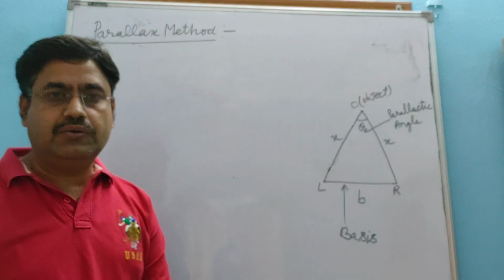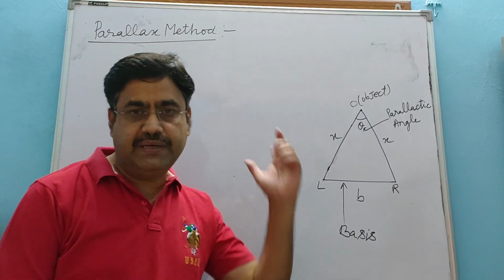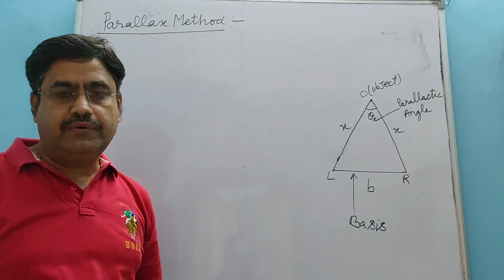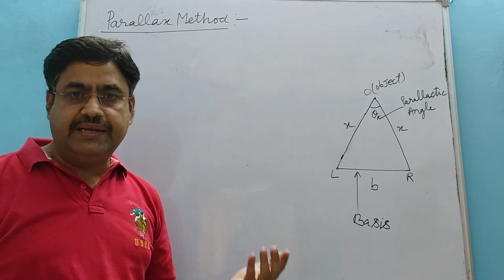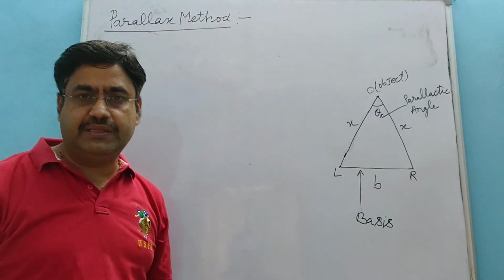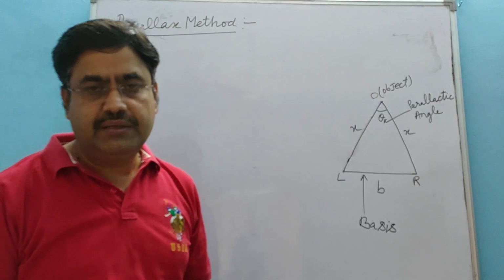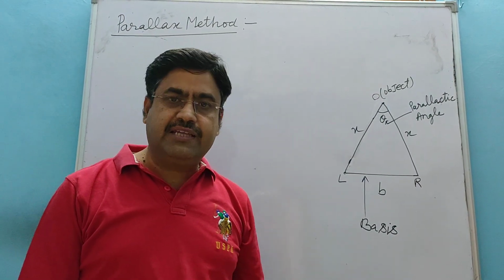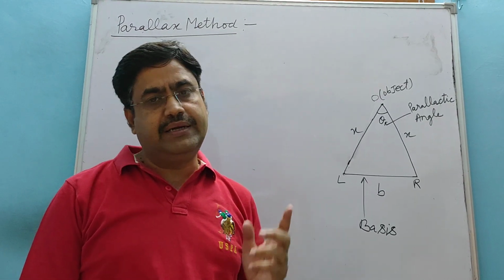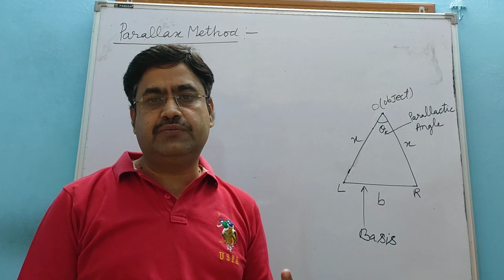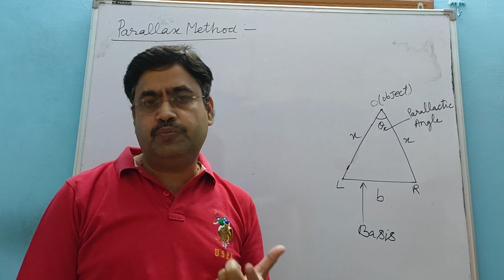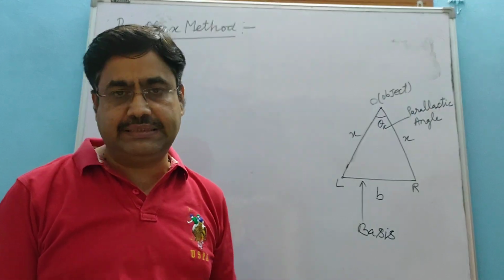Students, today we start with the parallax method, and this method is used to find the distance of stars, planets, etc. Now the point comes, what is the meaning of the parallax method? It is an indirect method. Parallax means the change in position of an object when it is seen from two different positions with respect to the background, and the distance between the two points of observation is called the basis.